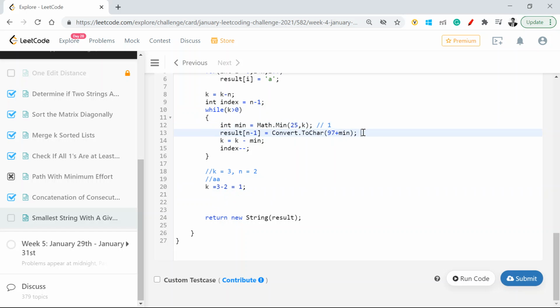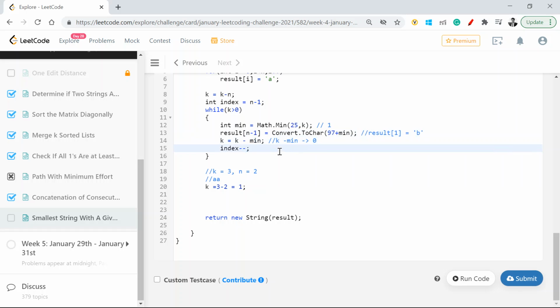And what will my result be in this case? N minus 1, which will be 1, will be equal to 97 plus whatever the min is, 97 plus 1, which will be 98. And if I convert that to a character, that will be b, right? So once I do that, my k will be equal to k minus min, which will be equal to 0, because my k was 1 and whatever min was also 1.